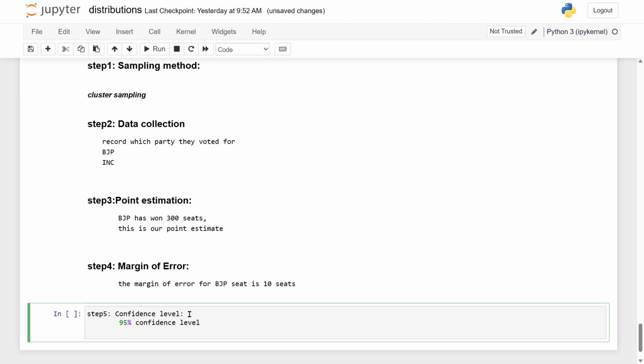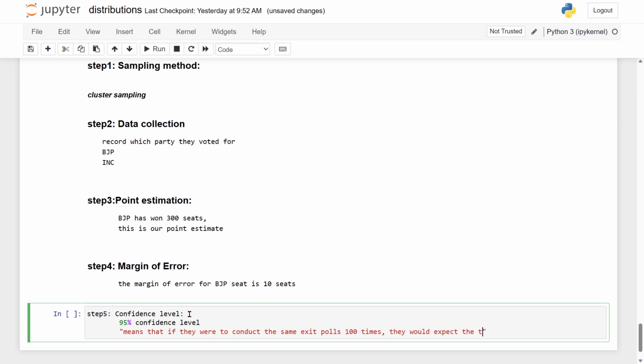95 percent confidence level. So what does this mean exactly? Remember and note it down. It means that, if they were to conduct the same exit polls 100 times, see that it's getting clear now, they would